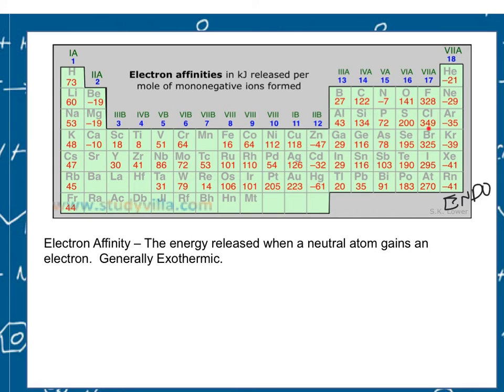Hydrofluoric acid is a weak acid, and the rest of them are strong. Even though it has the greatest electronegativity, since it is so small, it has an unusually high amount of electron-electron repulsion if it were to gain an electron, and that actually decreases its electron affinity and decreases its ability to act as an acid, because if it dissociated as an acid,